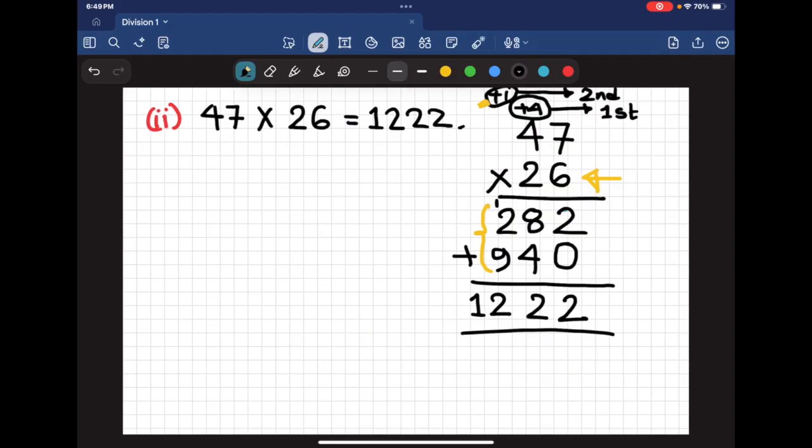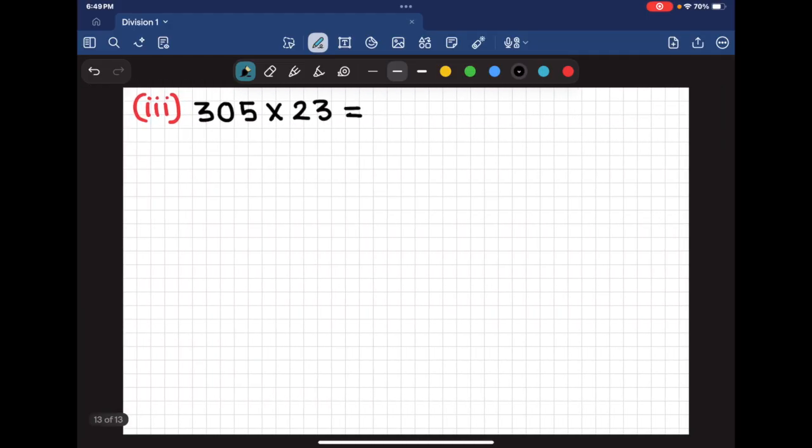Okay, so let's go for the next one. A 3-digit number 305 multiplied by a 2-digit number, which is 23. So let's write it first. 305, and then we will write the 23 just under that. Just below 5 we can write 3 because it's the ones position, and the tens position we have 2. Okay,